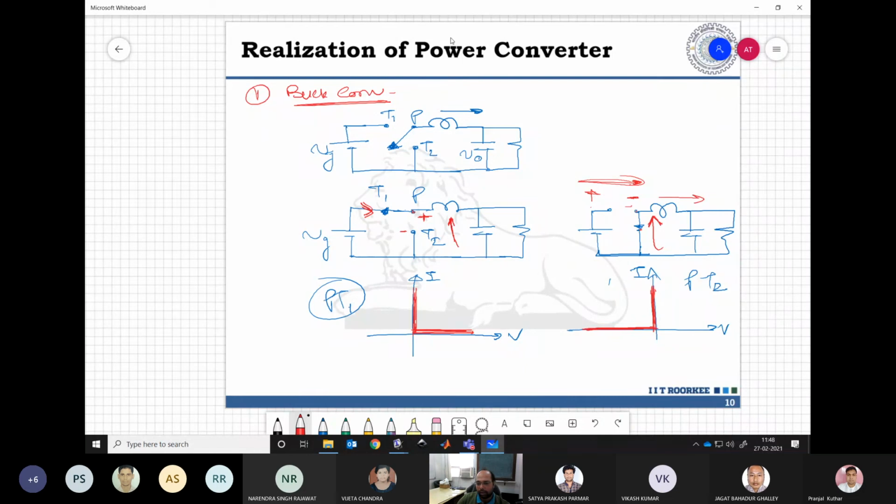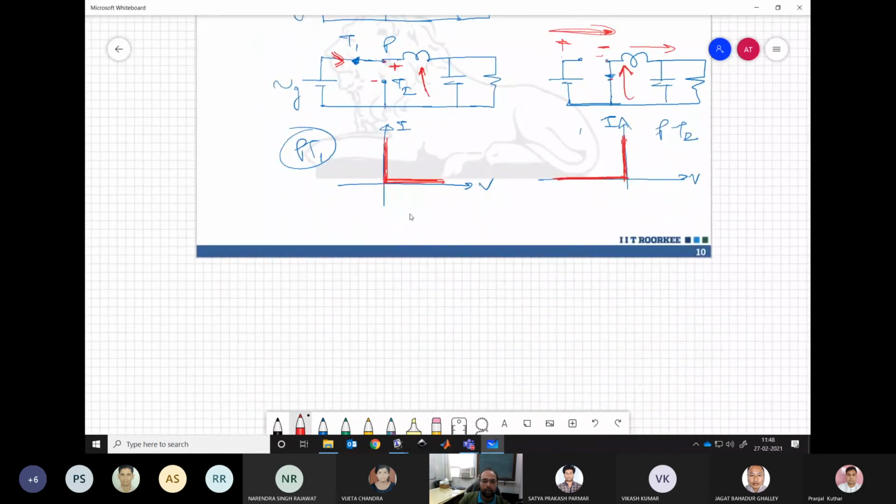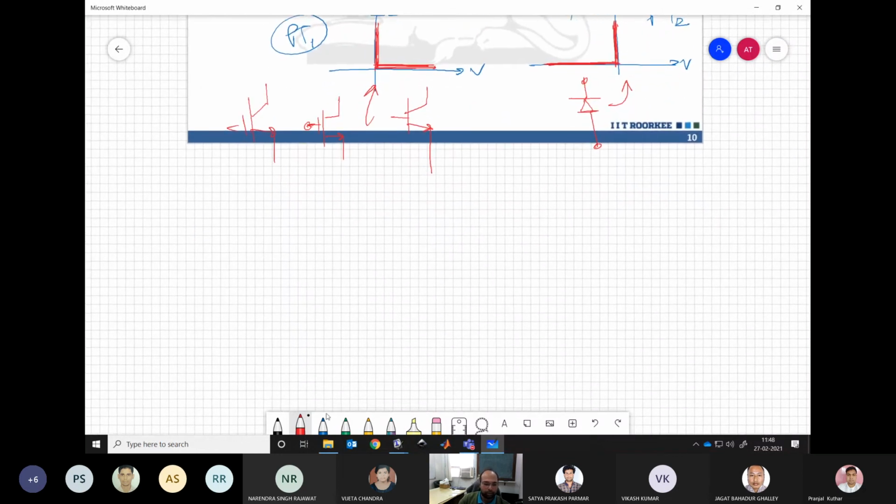So we can very easily tell which device can fit here. For PT1, we can have any of the active devices, let's say BJT or even MOSFET or our IGBT. So any active device will fit for PT1. And for PT2, we know very clearly that it is only a diode which can match this characteristic. So now our SPDT switch,